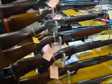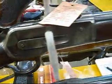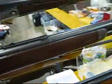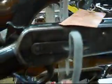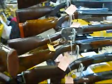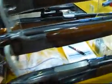Next is a Winchester Model 1886 in .45-70. That's one of the more desirable calibers in that, isn't it, Bob? It is one of the more desirable calibers, yes. It's not the rarest, but it's desirable. Next is a Charles Daly 20 gauge over-under shotgun. And these two bottoms,